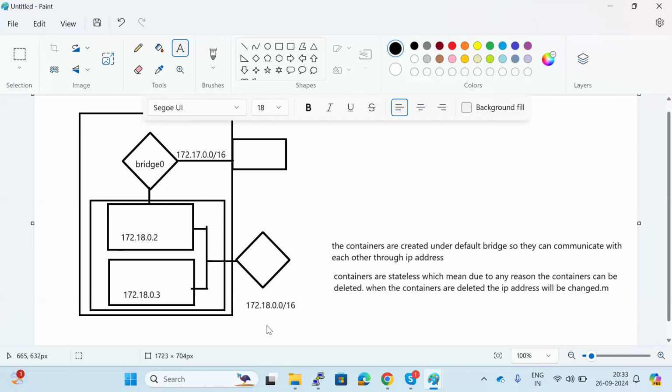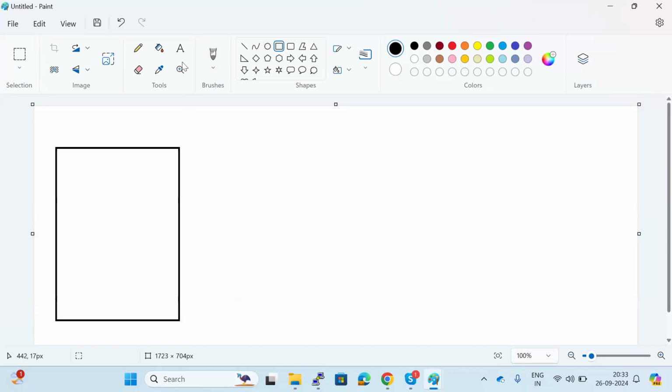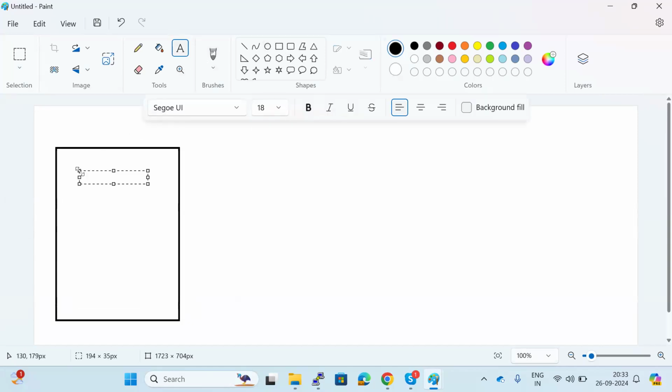So let us go back to the Docker architecture. Okay, Docker container architecture. Whenever we are working with Docker, we are giving Docker commands. If you remember, to create the container we use docker run. To build an image, docker build. To check the images, docker images. To check the containers, docker ps. Whenever we are giving these types of commands,